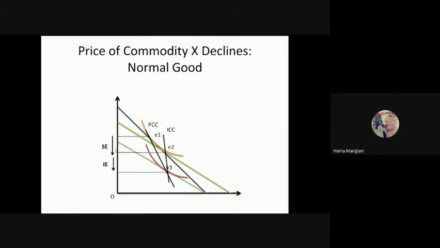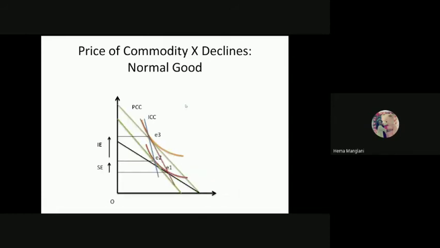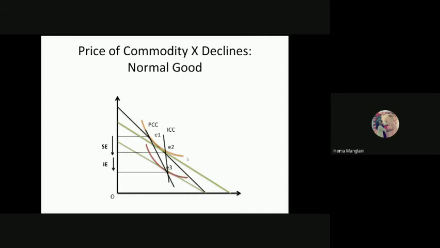So both are the leftward effects, the substitution effect and also this income effect. Now, in both cases, you will be calculating the demand curve for the commodity Y, and in both cases we will find the demand curve for the commodity Y is the downward sloping one. Okay, is that clear to everyone?